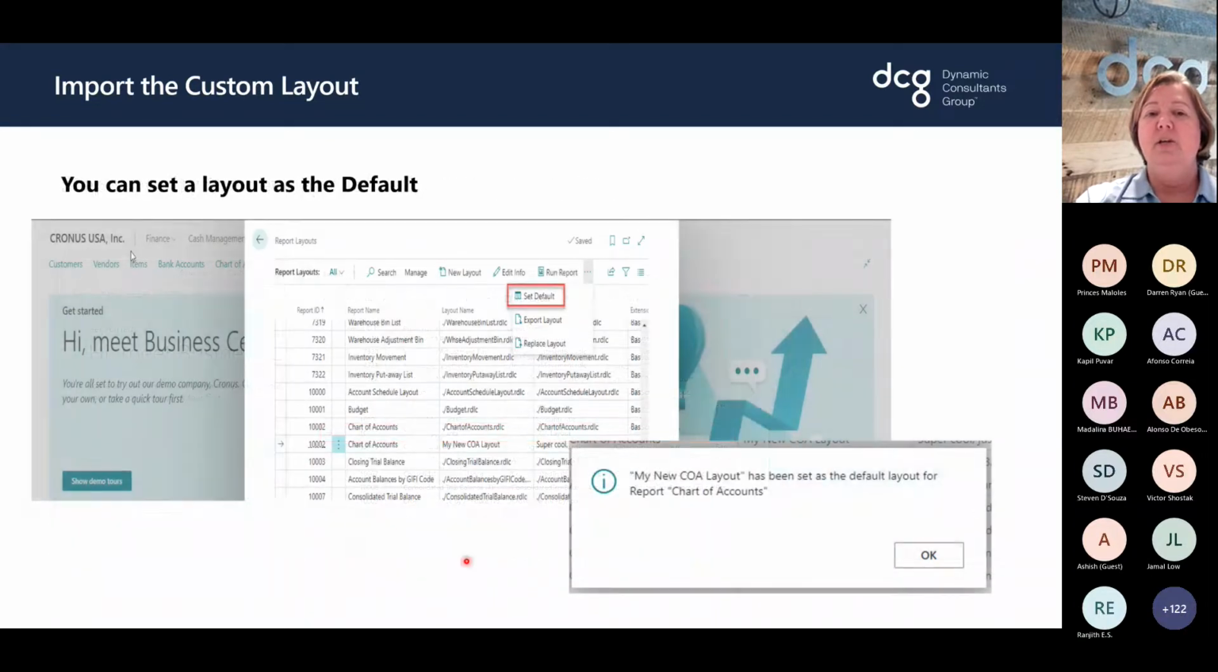Once it's in, you can select your line and you can set it as the default layout for that report. So when you go to select it to print, that'll be just the default print. So instead of RDLC or Word,